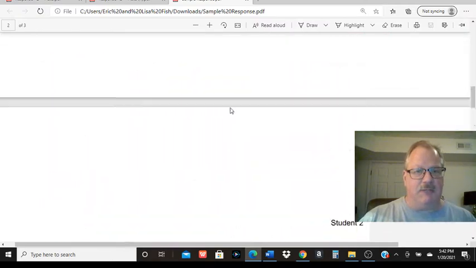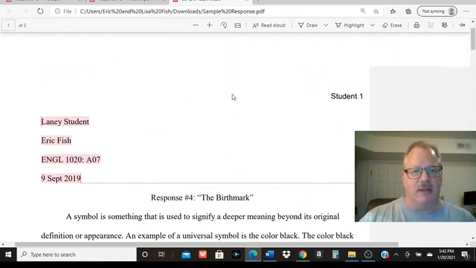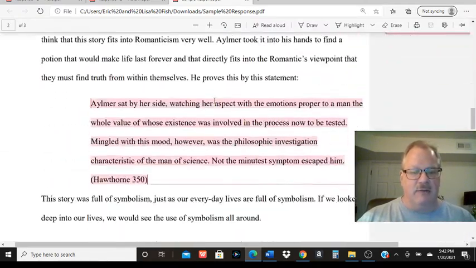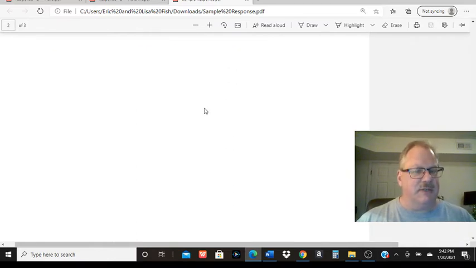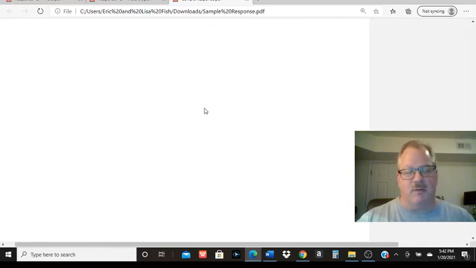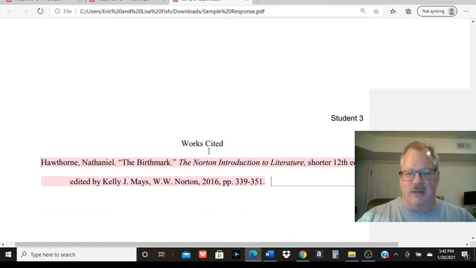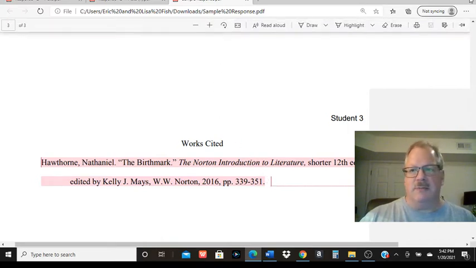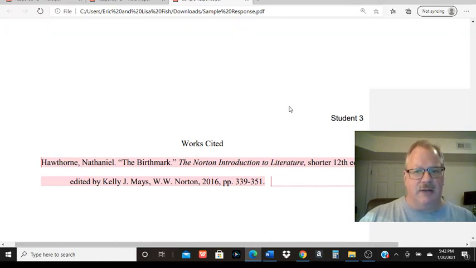So the sample response paper just kind of goes over some basic formatting in MLA. And that's kind of what we're trying to do now, so that when we get to the first essay, which is 20% of the grade, you're feeling pretty comfortable with MLA formatting, and this will kind of be automatic. Make sure you have a works cited page. I'm going to send out an email telling you exactly how to do that Plato reading on the works cited page. If you're not sure how to do all this,